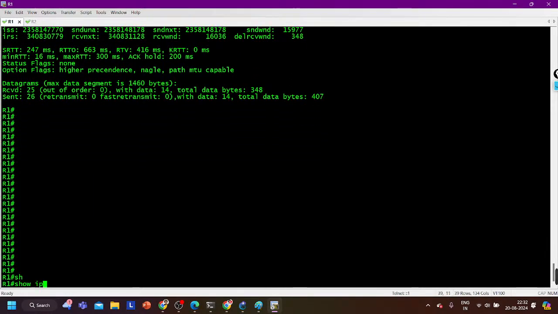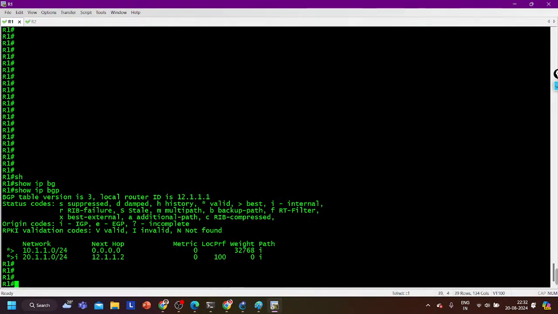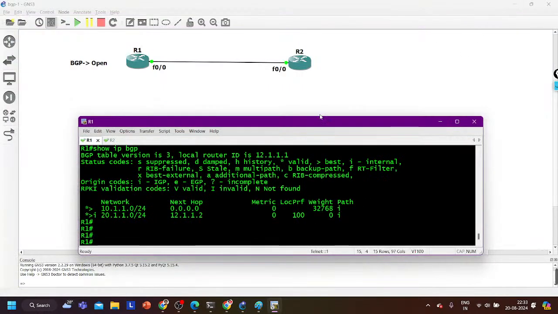And in show ip bgp here you can also see 20 networks are there. For self-advertised, the next hop is 0.0.0.0, and for received routes, this is the next hop. For received routes, there is one more attribute, that is local preference, but for the self-advertised prefix, the local preference value is 0. Again, this attribute will work only for iBGP neighbors, not for eBGP neighbors. Don't worry about the attribute, we will see it later. So guys, this was very basic about BGP.